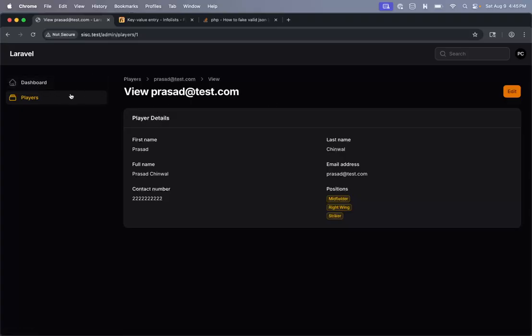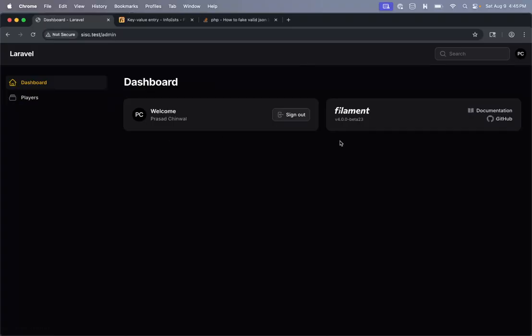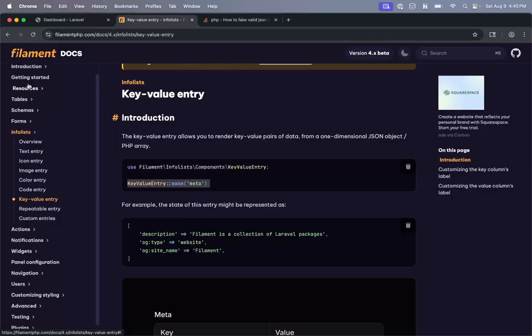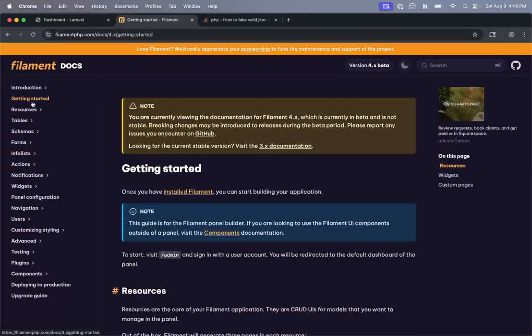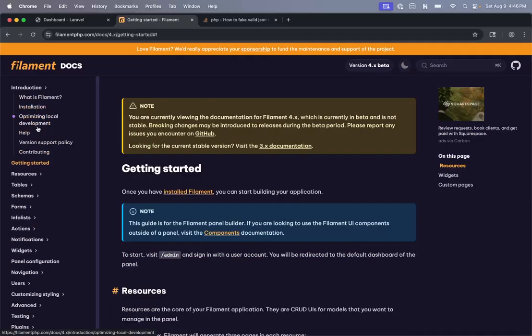Awesome. Now that we have seen how to create the resources, what I would want to do is all this admin page should only be available to the admins. So whoever has an admin role, they'll be able to log in into this. But another thing that we need to do before we even get deeper into Filament is, let's go and do